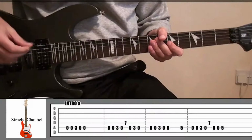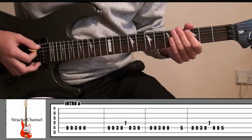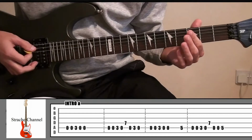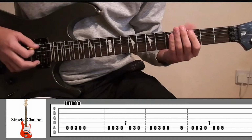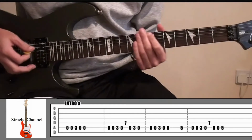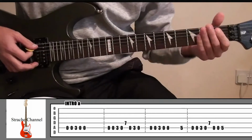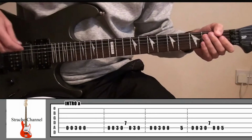Right, so the first part of the intro is just going to sound like this then. Okay, that's the first part, and the second part which we're going to look at is where it continues. Okay, so the first part, part A, if you look at the tab, start off with, we're going